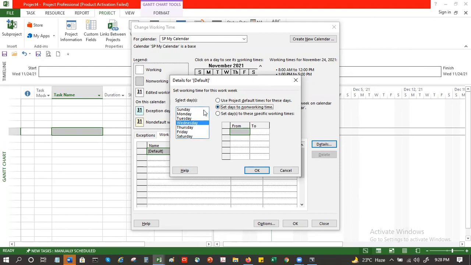And I click on Sunday. And it says use project default times for these dates. I can also specify my hours. So let's say 8 o'clock to so Sunday becomes the working day.